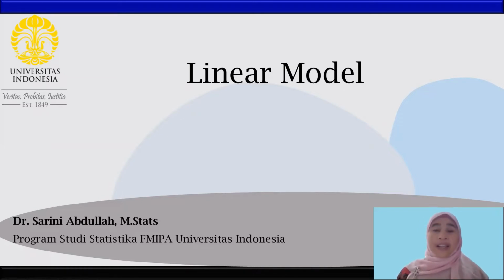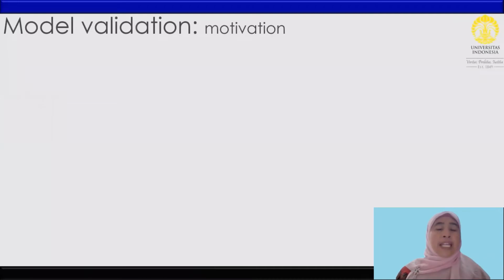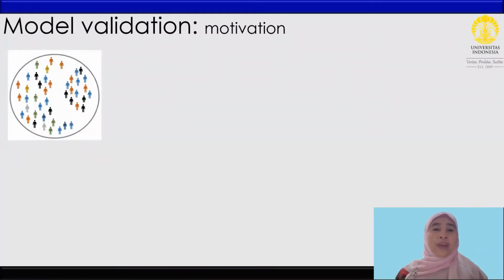For this session, we will learn about external model validation. In the previous video, we already looked at the motivation of why we need to do model validation. That is,